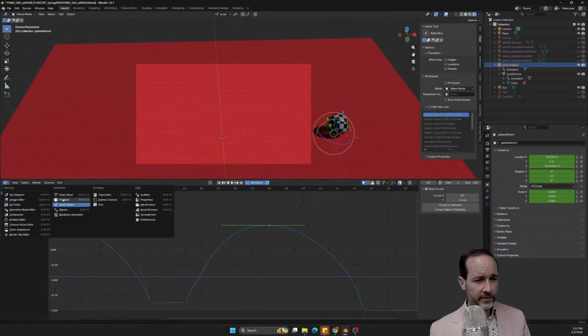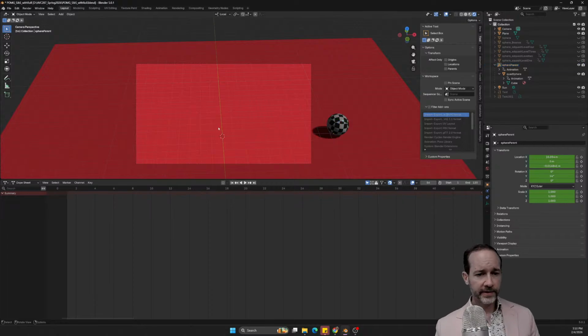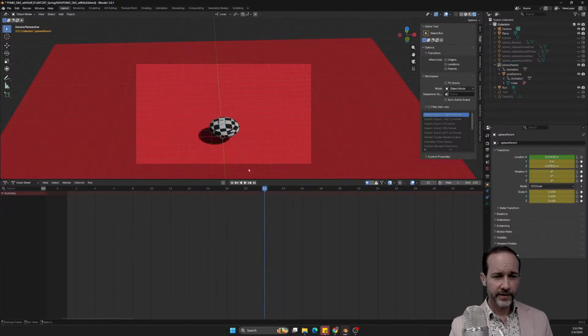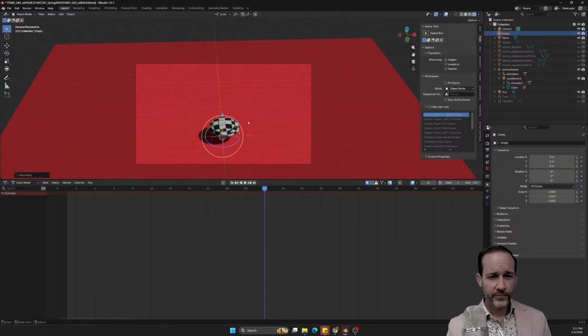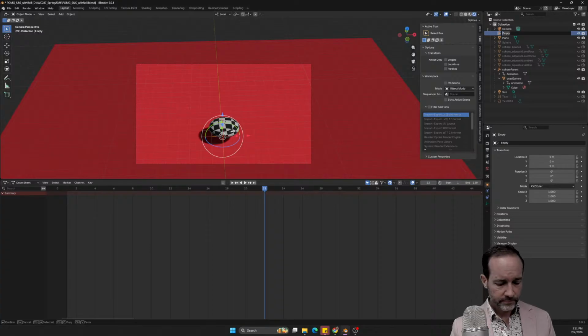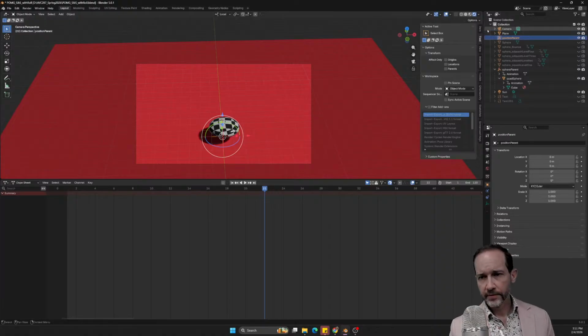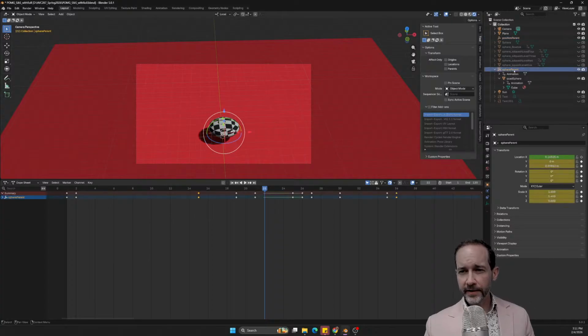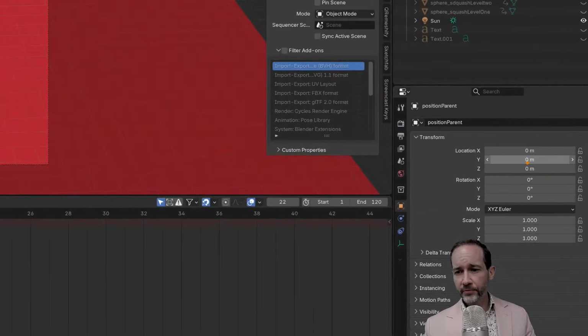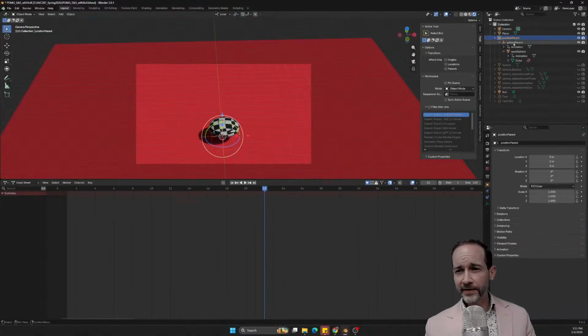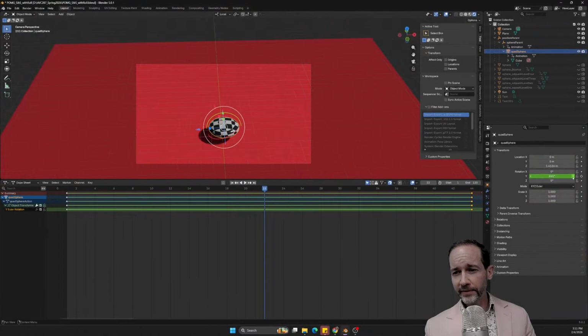of this. And so I'm going to create, let's move the playhead back to here. I'm going to create another empty plane axis, and I'm going to call this position parent. And now I'm going to take everything and shift drag it underneath position parent. There we go. So now I have this very top level where there are no keyframes of any kind. The next level down is where most of the action happens. And then the third level is just the spinning.